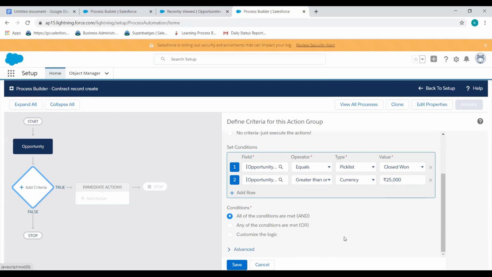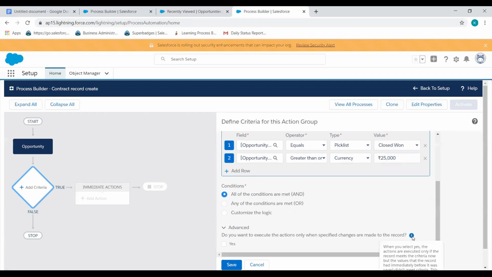There is also an advanced option. When you select yes, the action is executed only if the record meets the criteria now, but the values that the record had immediately before it was saved didn't meet the criteria. You can select this one if you want this.